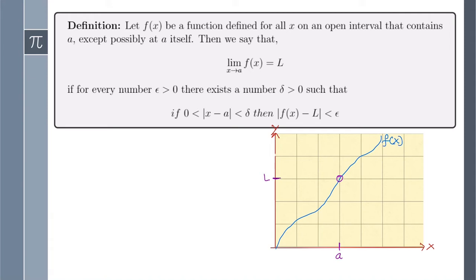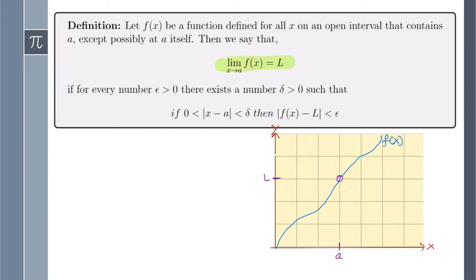It's also known as the precise definition of limits. Sometimes it's known as the epsilon-delta definition of limits. Here's the definition. Let f of x be a function defined for all x on an open interval that contains a, except possibly at a itself. Then we say that the limit as x approaches a of f of x equals L if